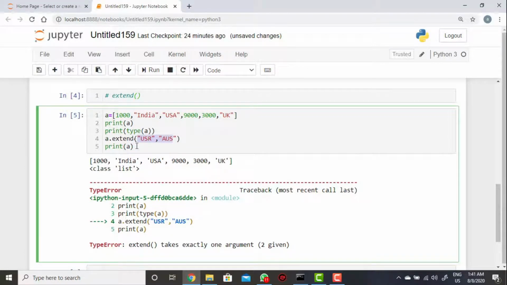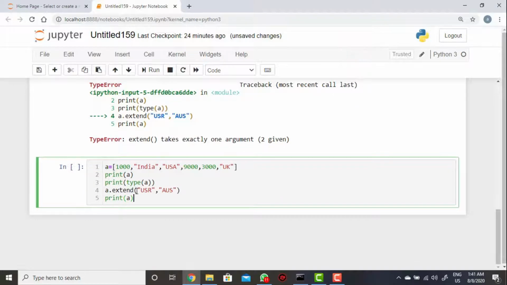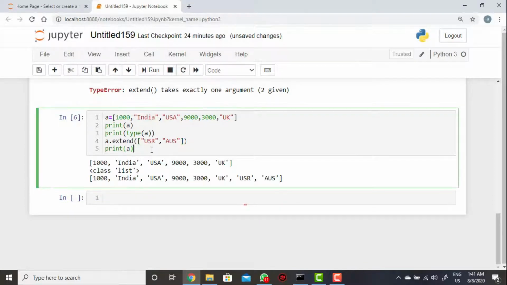So we need to pass values in the form of a list itself inside the extend method. That means you need to pass values as one list here. When we pass like this, it will accept more than one value, USR and USA.